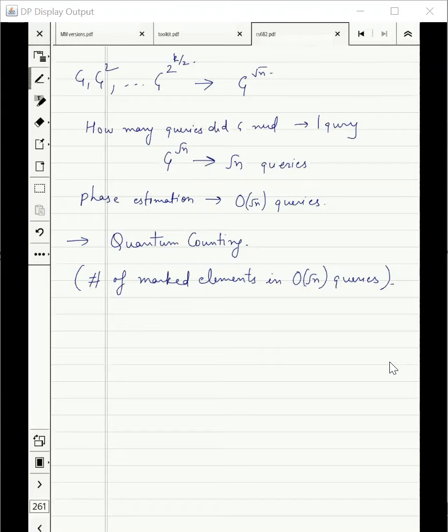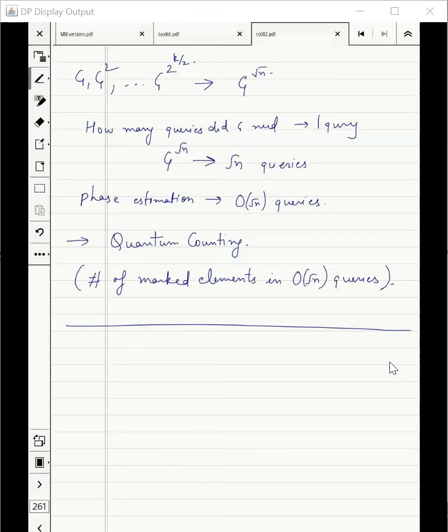This completes the full algorithm of Grover search in some sense. Generally Grover search is just the first part which we discussed last time, where you know the number of marked elements, and you wrote it according to it. But now we know that we can even find the number of marked elements, and that in itself is interesting. Many times you are just interested in finding the number of marked elements, and this is how you can do it.